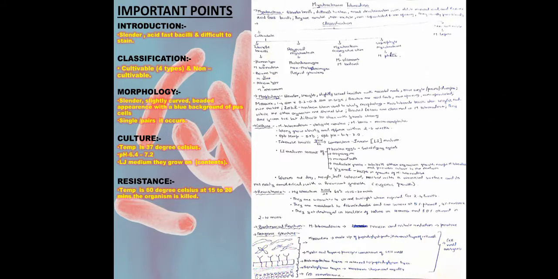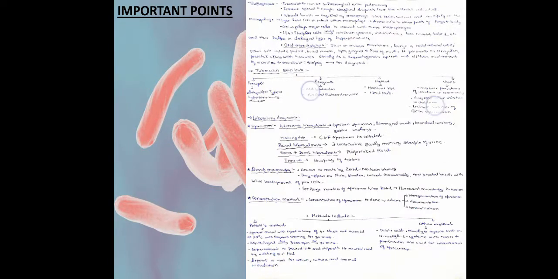Coming to the resistance, it is seen at 60 degrees Celsius for 15 to 20 minutes, when the organism is killed at this temperature. Coming to the biochemical reaction, it is positive for niacin and nitrate reduction. Coming last to the antigenic structure, it is divided into the cell wall antigen, which has 4 layers, and the cell membrane. Coming to the next page,